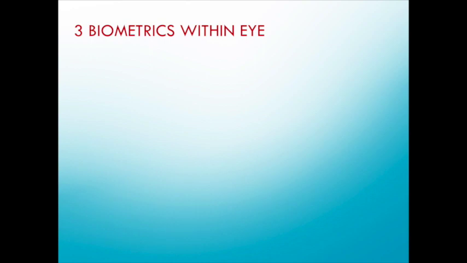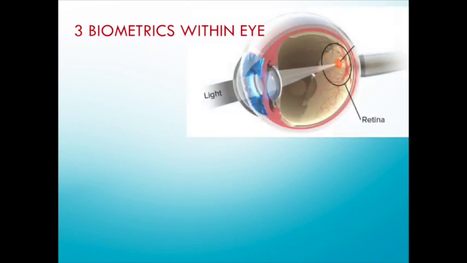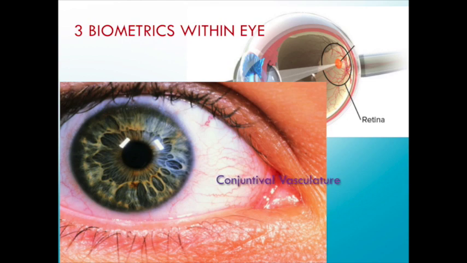Now, just taking a look at the eye itself, there's actually three biometrics within the eye. There's the retina at the back of the eye. You can see the light entering from the front, and there's also this sort of red vein pattern, the conjunctival vasculature. Probably easier to see this if you've had a bit of a late night, but that's actually a biometric of the eye as well. But of course it's the iris itself, this pattern that is still the desired biometric, and accessing that little pattern, you can even see it in this image here, is the key to using this and enrolling somebody in a